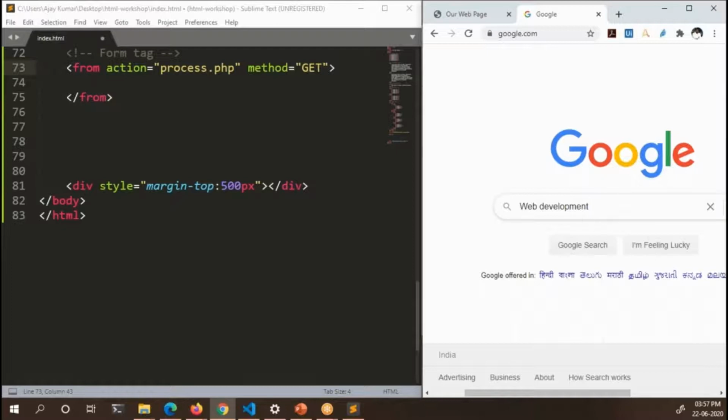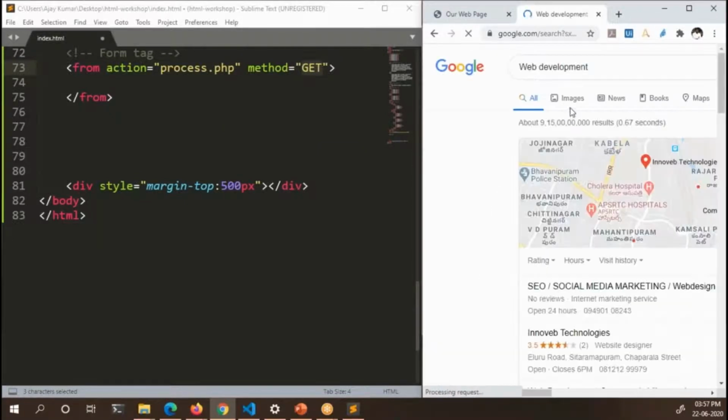Here we are sending data to the server, but at the same time we are also asking the server for data related to web development. Am I right? So the main functionality here is to get data, not to send data. This is where the get method will be mostly used. When you click on search, the data is sent using get only.